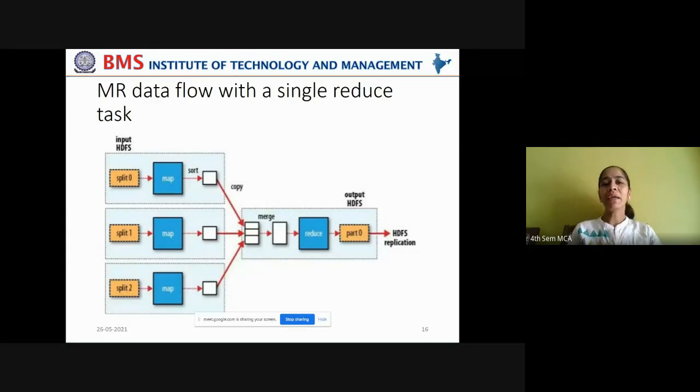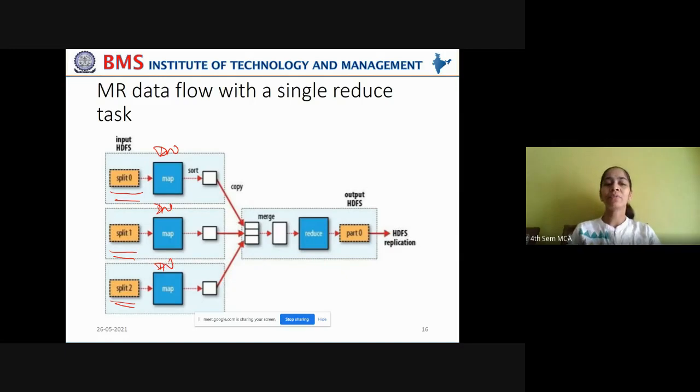Now, sometimes you may prefer to customize the number of reduce tasks. You may have a single reduce task, you may have multiple reduce tasks, or sometimes you can prefer to not have a reduce task at all. Okay, that is in the hands of the client. Based on the requirement, he can decide how many reduce tasks should be involved in a MapReduce job. In this case, you can notice that we have 3 input splits that are being mapped onto the data nodes to be run as 3 map jobs, right?